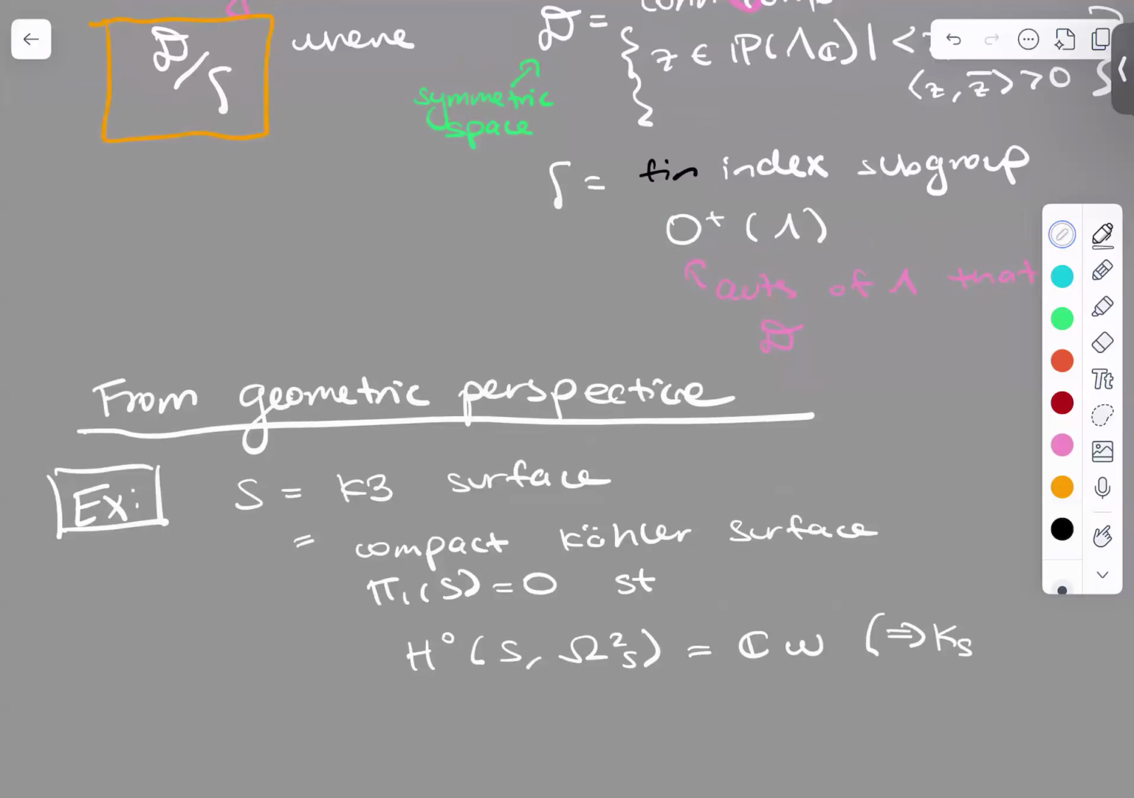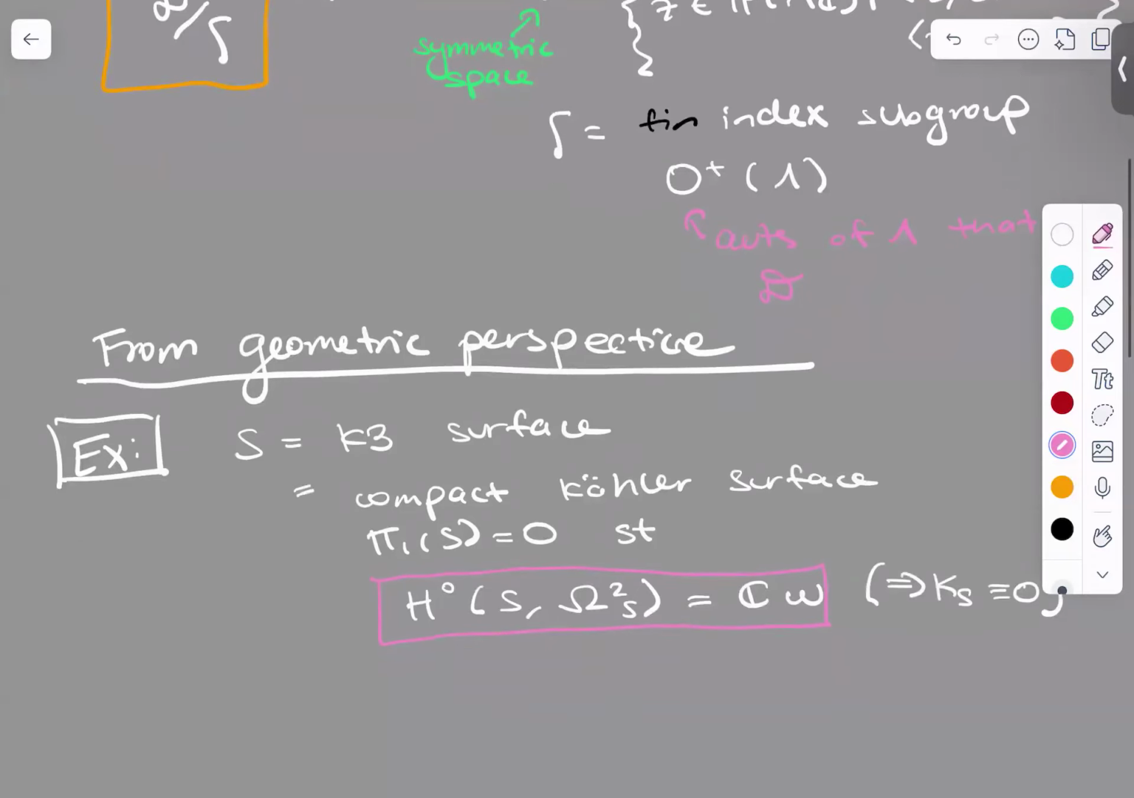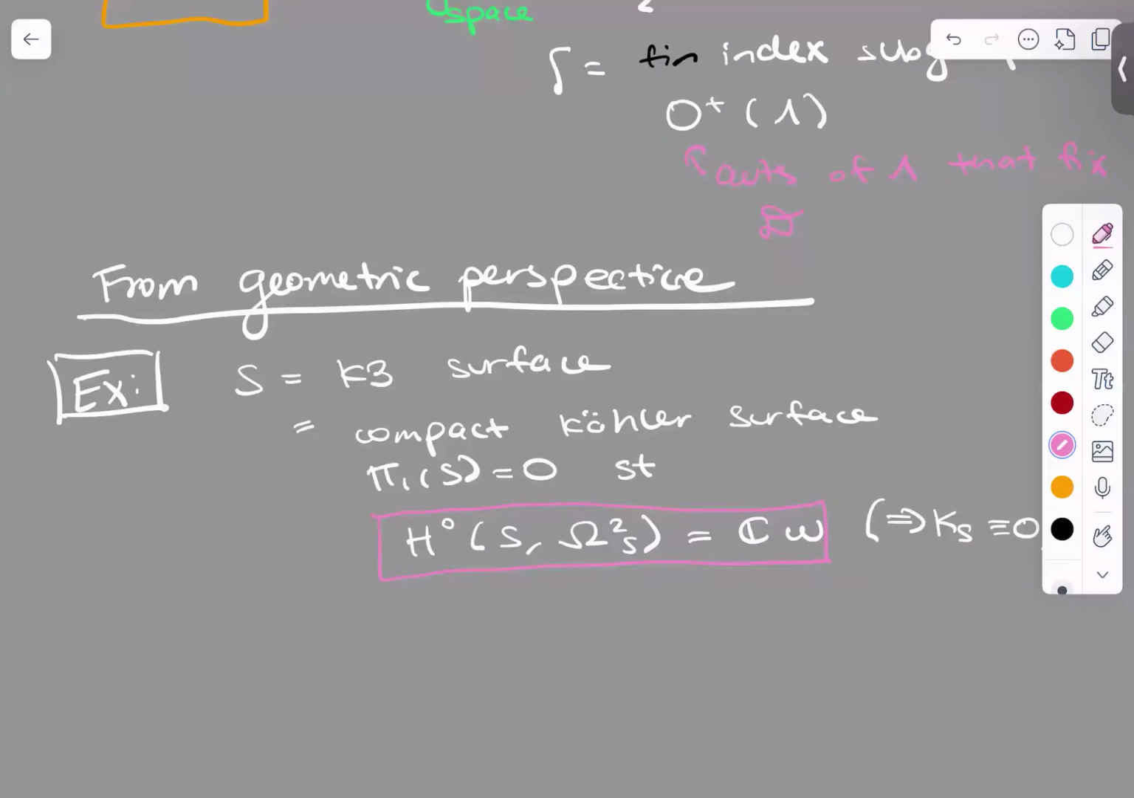This is telling me that this is trivial. Okay, this property right here that says that this space of two forms is one dimensional. Okay. And so, maybe you can accept that these K3 surfaces are a fundamental object that algebraic geometers